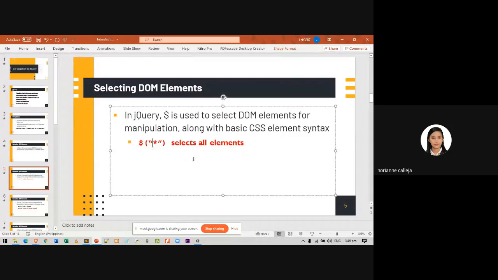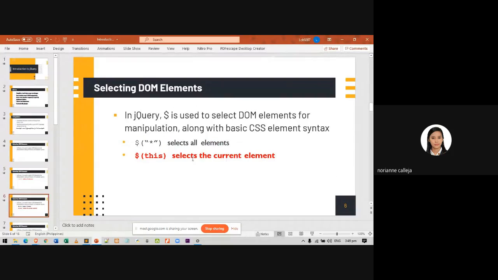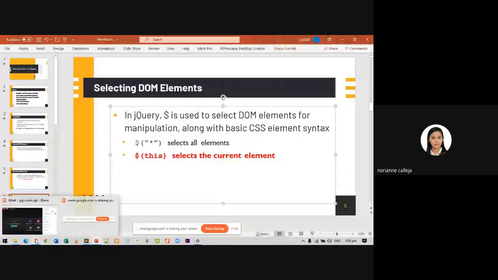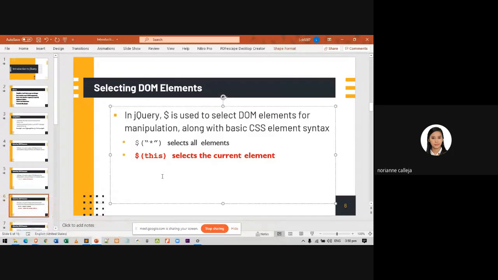Okay? So, another way is by using the this keyword. This format allows you to select the current element you are working with. For example, you are working with a paragraph and you have to manipulate its content.